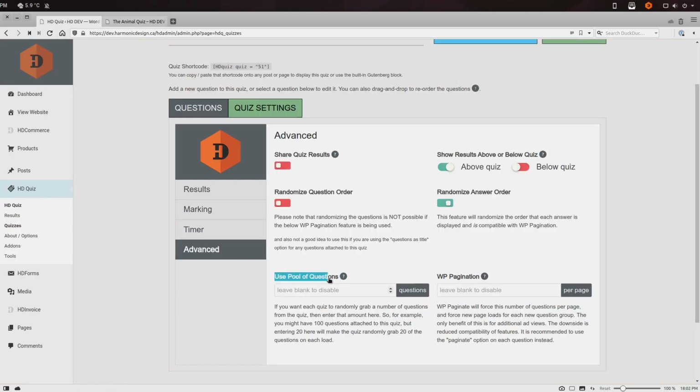Next is the use pool of questions, which is a super cool and powerful feature. Let's imagine you have a quiz with 100 questions. That's a really, really big quiz, and most users aren't going to want to take the time to answer a quiz that large. If you were to, for example, set this to 20, then what will happen is every single time the quiz loads, HD Quiz will randomly grab 20 out of those 100 questions and put them in a